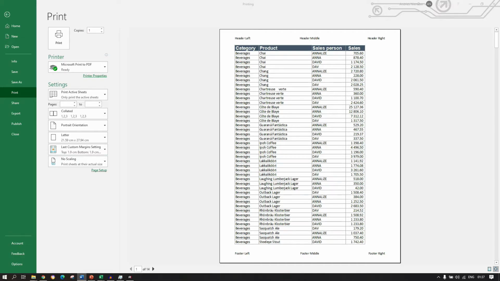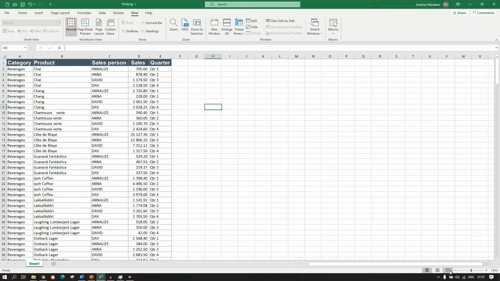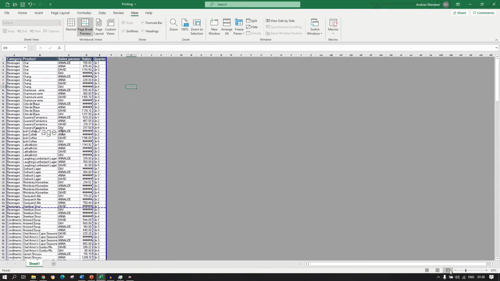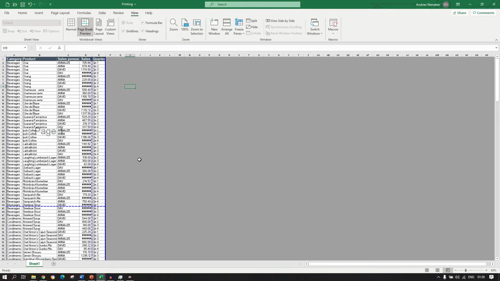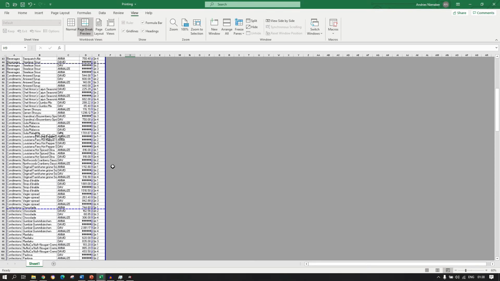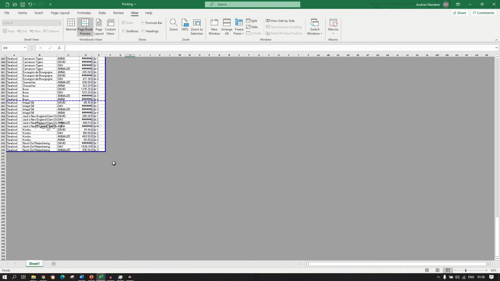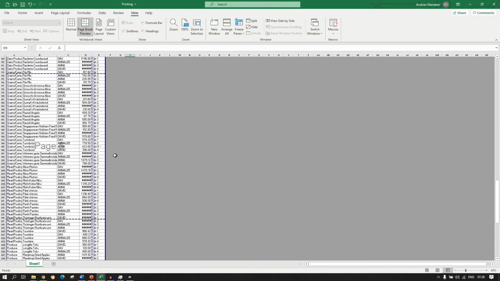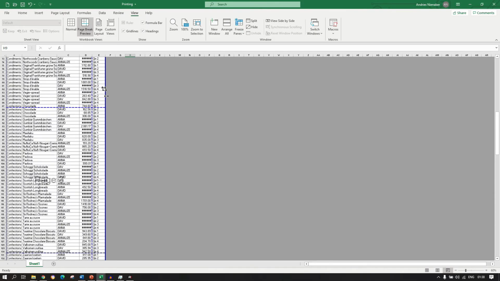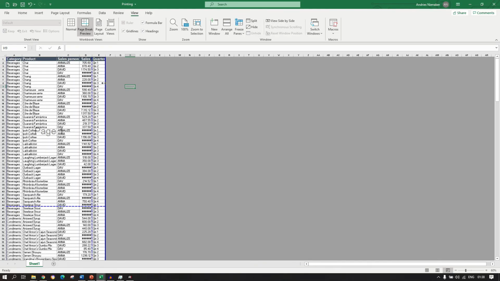If we go back out of our backstage, let's go to our page break preview, and this is where you can see that sometimes when you print an Excel document, it actually prints out a lot of blank pages, or sometimes it just prints something and then a little bit on one page. So to fix this problem,